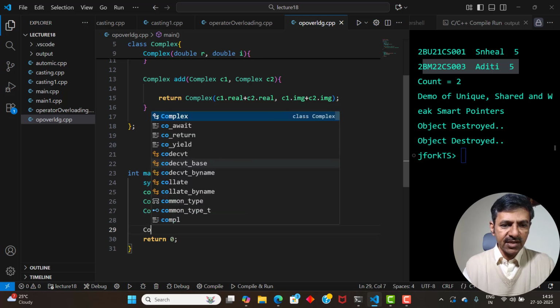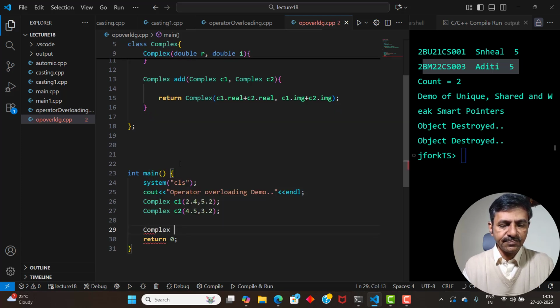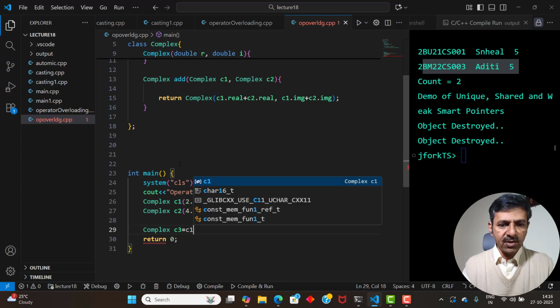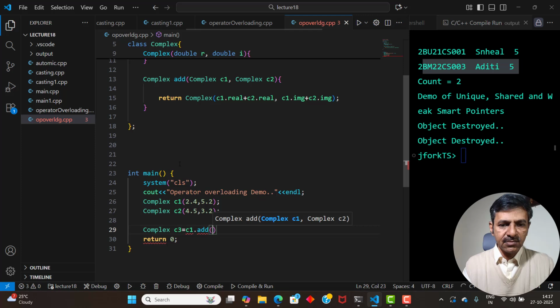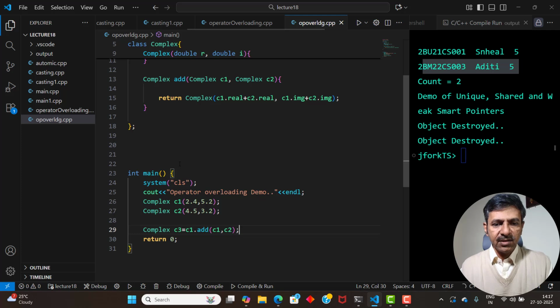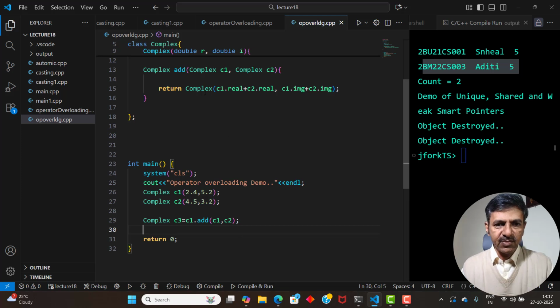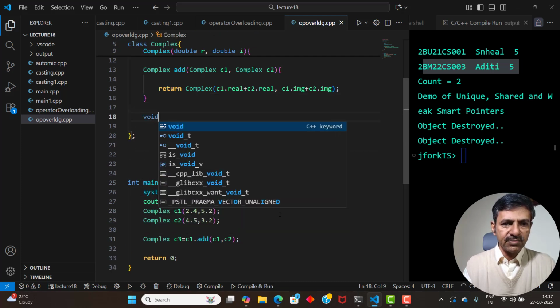So you could have written complex C3 is equal to C1 dot add C1 comma C2. You could have avoided using complex C1 here because C1 is already there, but you could have done a simplified add also. Now the thing is, if I want to display, I should have a display method here,